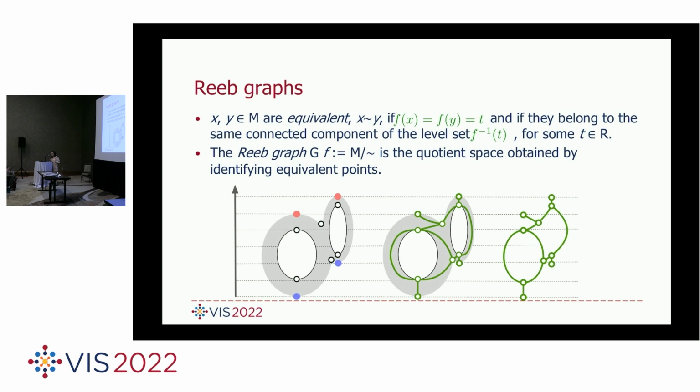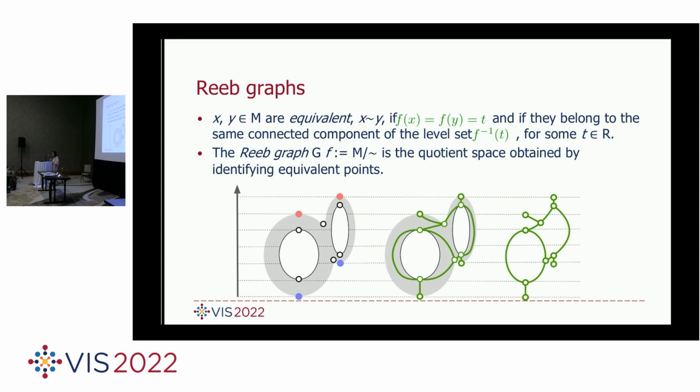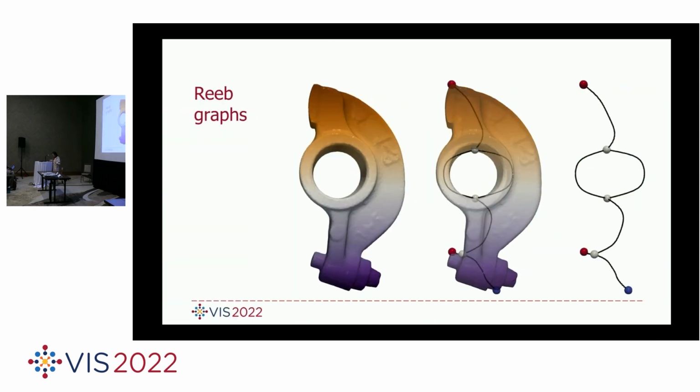And finally, there is what's called a Reeb graph, where the Reeb graph is considering 2 points to be equivalent if they have the same function value and they belong to the same connected component of the level set. And again, mathematically, it's really taking the manifold itself and quotienting out these equivalence relations. So let's give an example, again generated from TTK. If I have a height function on this, and if I select a particular function value, let's say this is function value A,